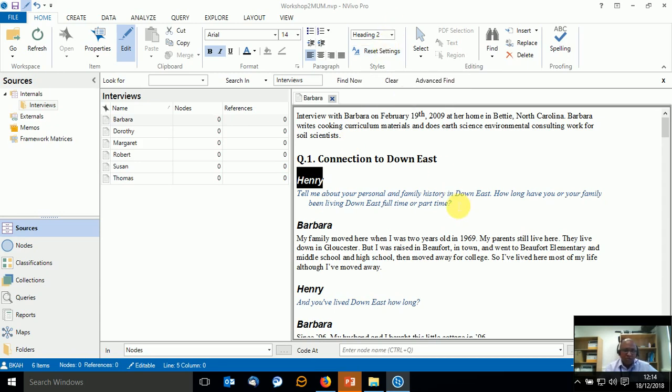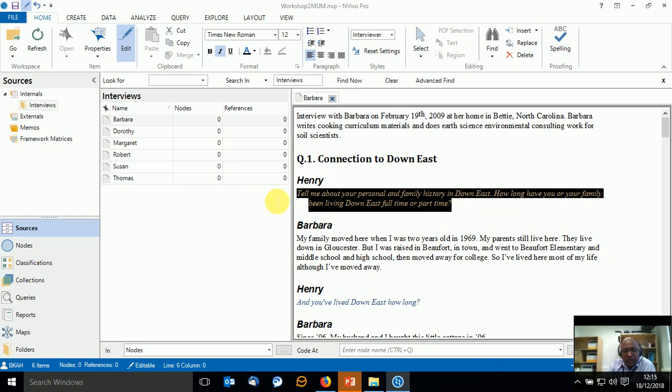Again, this is very arbitrary. You can do whatever you want as long as you keep all this consistent for all the files. Then the questions asked by Henry could have a paragraphing style called interviewer. It's somewhere here. There you go. That's the question asked. So every time Henry asks a question, it will be formatted as a paragraphing